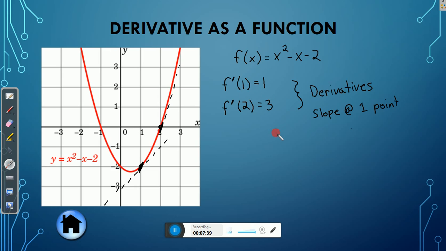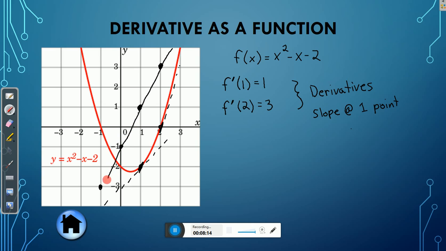It's a new function. And if you start graphing that function, so when I plug in 1, I get 1. When I plug in 2, I get 3. This is a new function, and if you kept doing it, you would get these points right here. You'll have to trust me on that. If you want to check the slope at those 2 points, you can. You would get this straight line here,